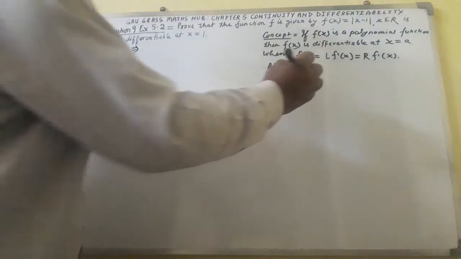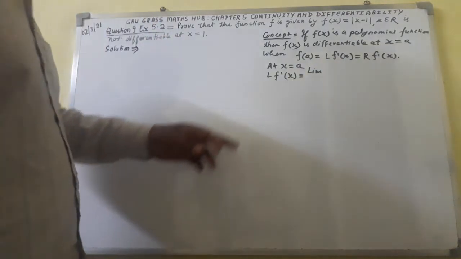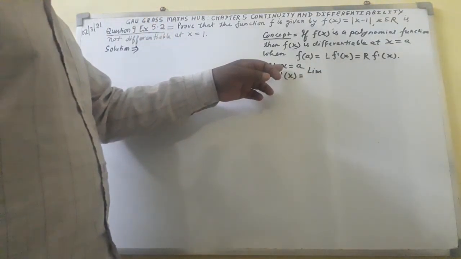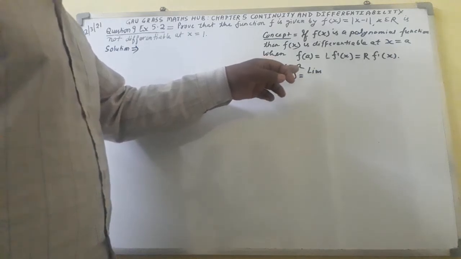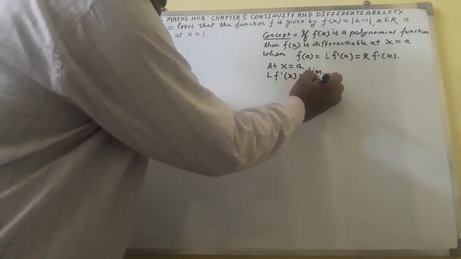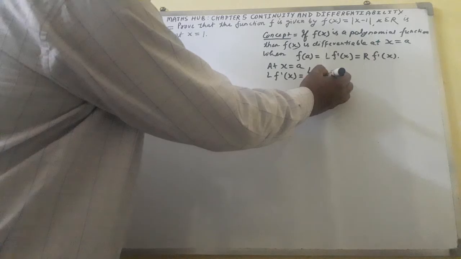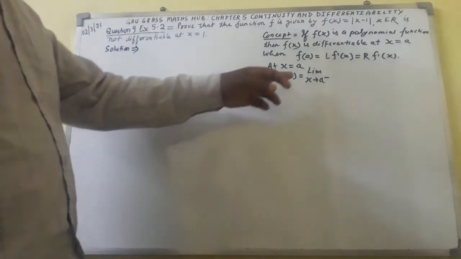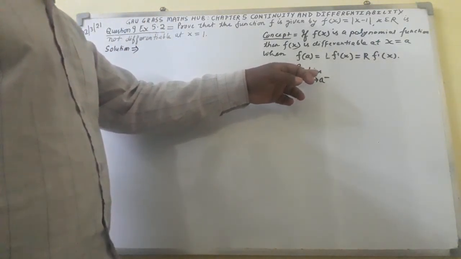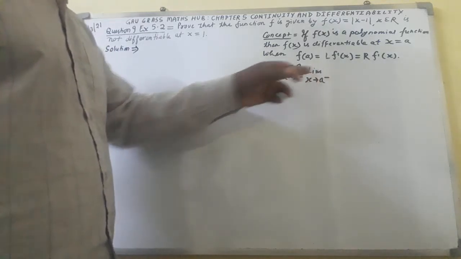For left, here I shall write lim, here x equal to a. In this sense, here I can write x tends a. Since here left is written, for left I shall write negative. It will become left hand derivative, limit x tends to a negative,